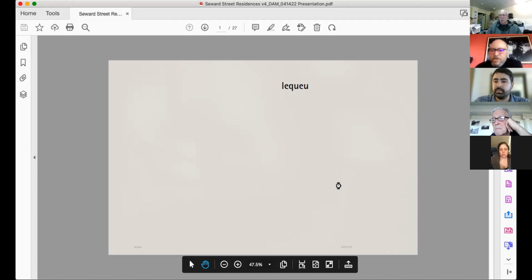Is someone unmuted there? I'm not seeing anything. It's just staying on the same home tool screen. I'm sharing my screen. Can you see that? It says Seward Street. Can you see the elevations of the houses at this moment? No, all I can see is a blank page with LEQUEU at the top. Okay, give me one second.